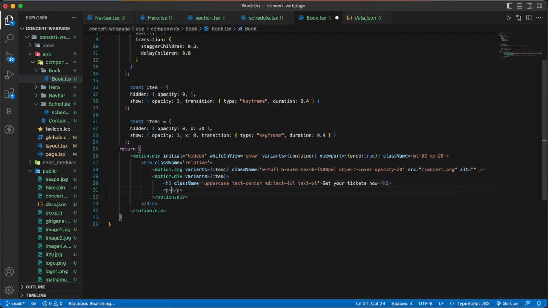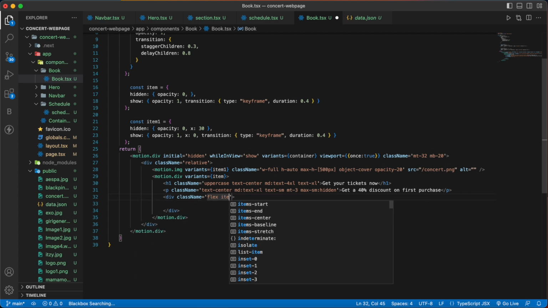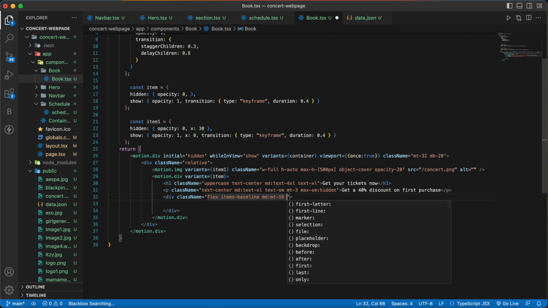Then in the next line we are going to have a paragraph tag with a class name of text-center, and then text-xl, text-white, text-sm, max-sm hidden, and inside this we are going to write, in the next line we are going to have one more div with a class name of flex items-center justify-center, items-baseline mt-16 mt-5